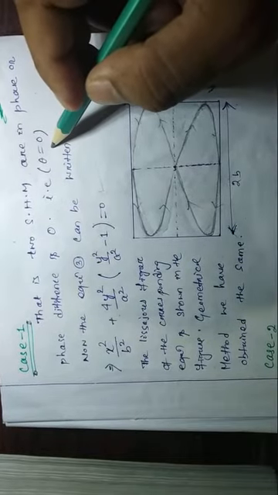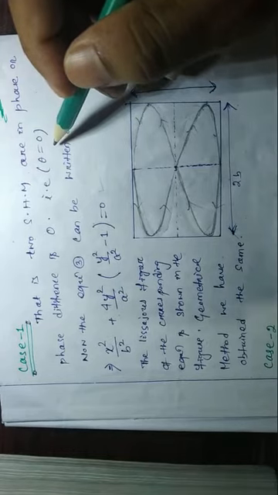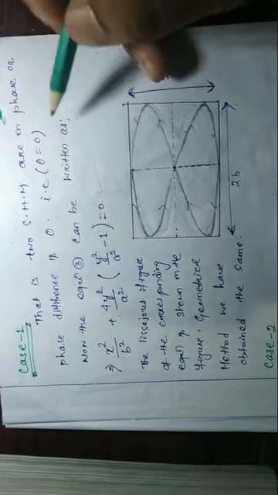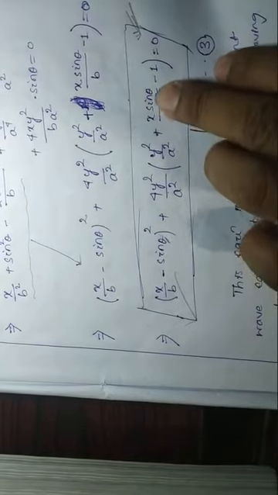We have to check for case 1, suppose that the two simple harmonic motions have phase difference theta equal to 0. There is no phase difference. The phase difference is 0 and A is not equal to B, then what will the equation be? Theta equal to 0 means sin 0, so this term will be 0.